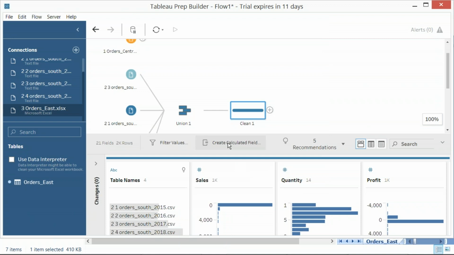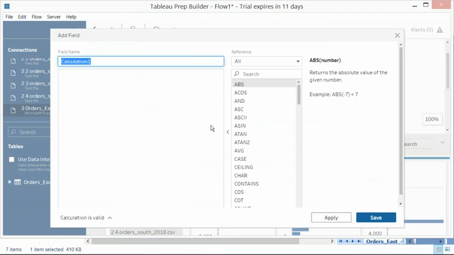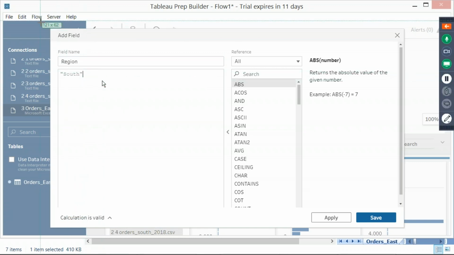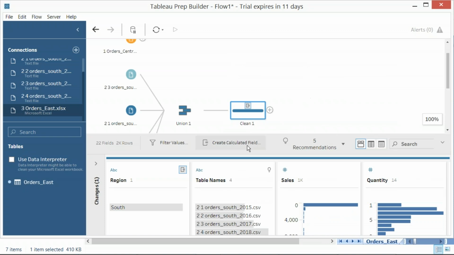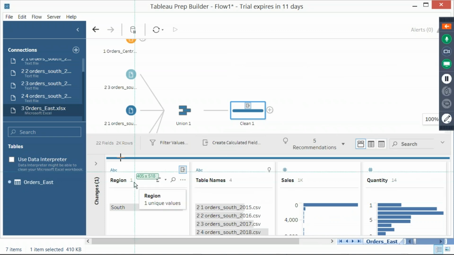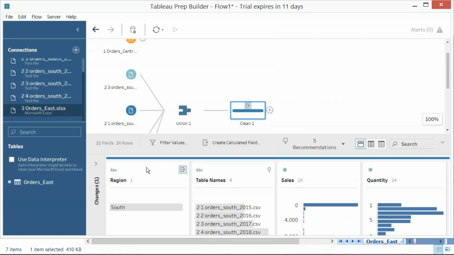I'll call it region field, and I would say, for example, south. Provide the field like this, click apply. A new column called region column would be added.